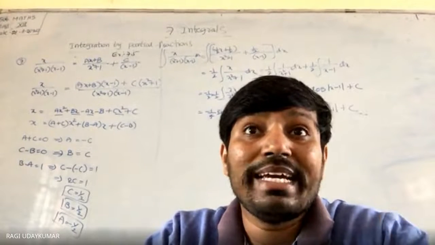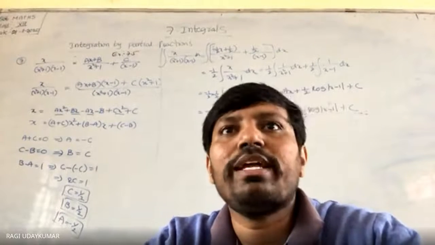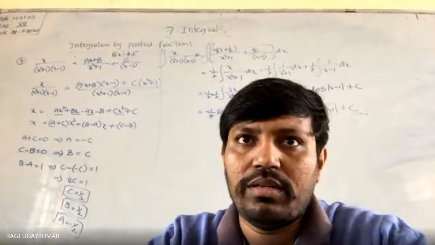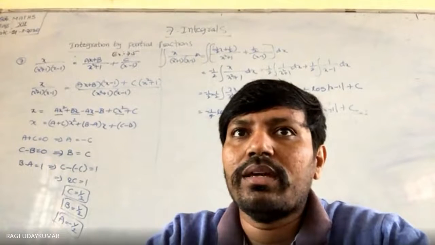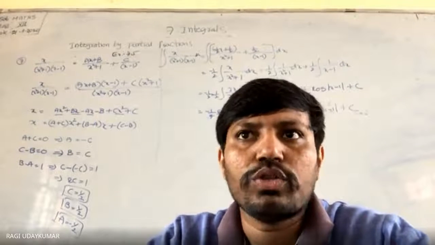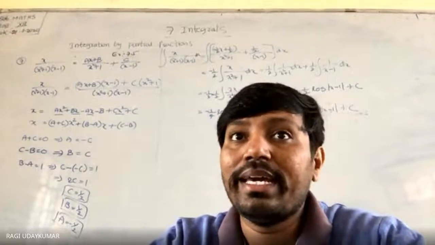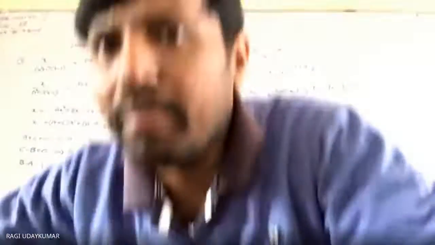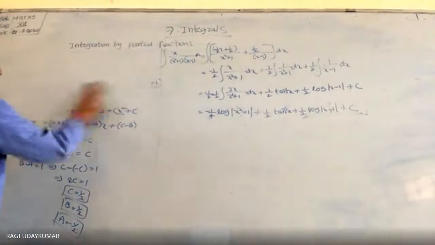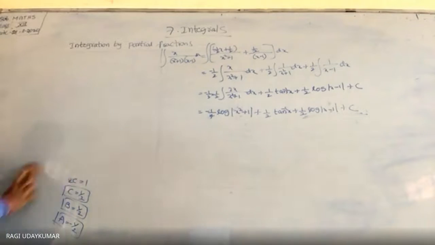The 18th problem looks very lengthy, but the problem is not very lengthy. So I will explain the 18th problem. The remaining are all similar models only. You can do it mostly. Okay, can you do it? Just substituting is left. So only the 18th problem looks like a different problem, but it is not different. It looks a little big, but it is not that big. All are similar models only. Do remember what the different models are.